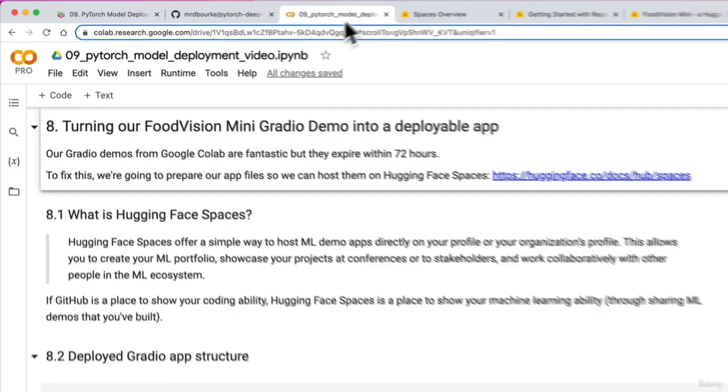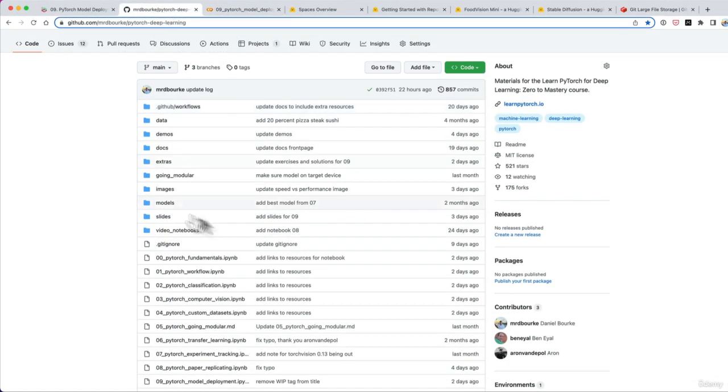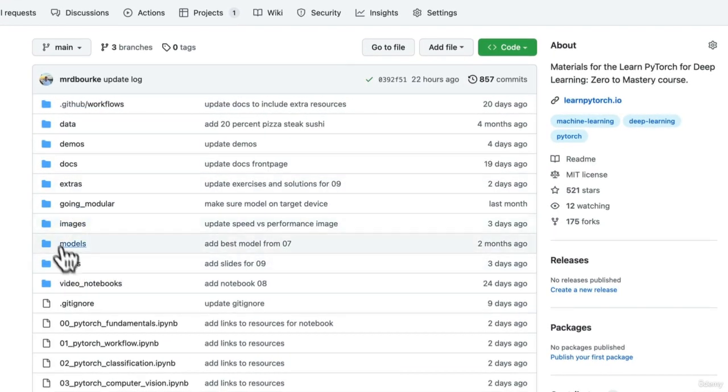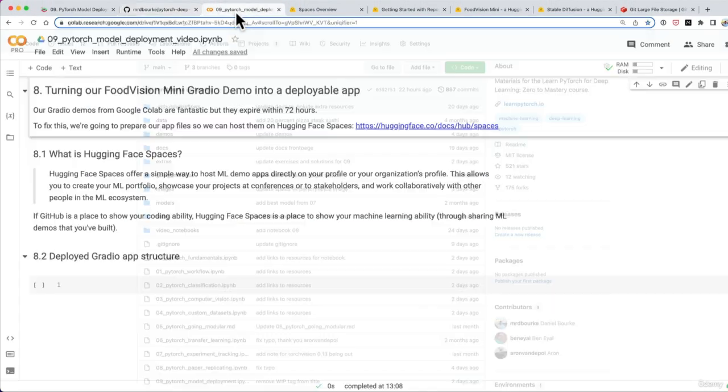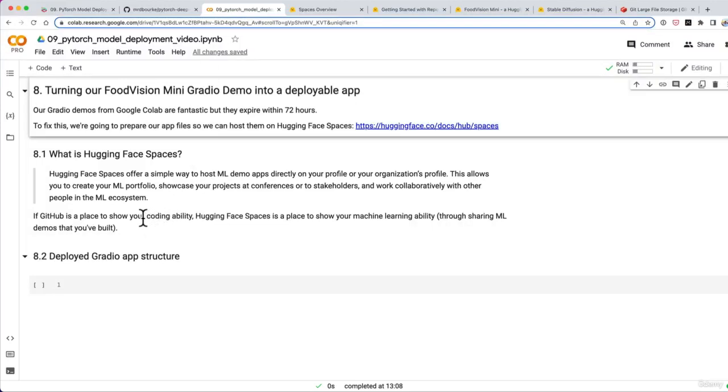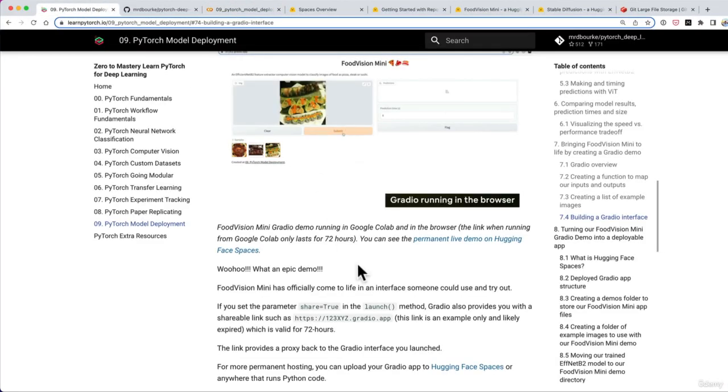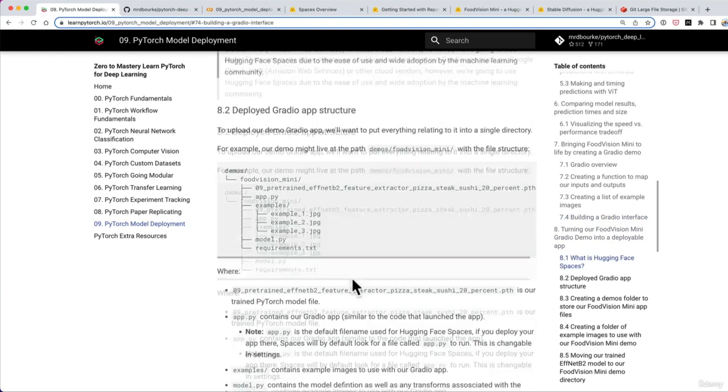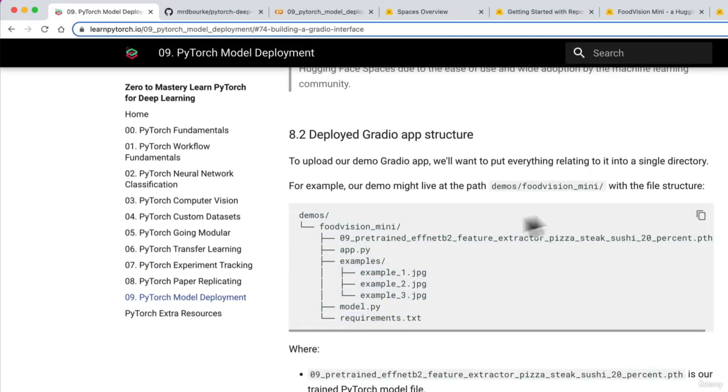So let's keep pushing forward. To get our files onto Hugging Face, we want to break them down into a file structure where they all live in a directory, right? But what might this directory look like? Well, let's have a look. I've got one prepared over here earlier because, after all, this is a machine learning cooking show. So we want to upload our demo Gradio app, and to do so, we'll put everything into a single directory. For example,